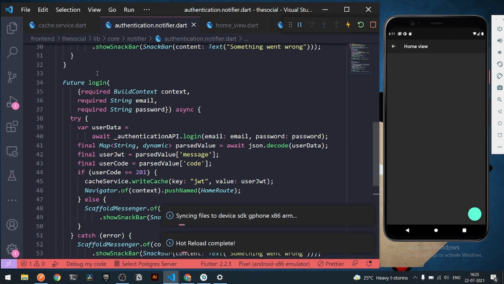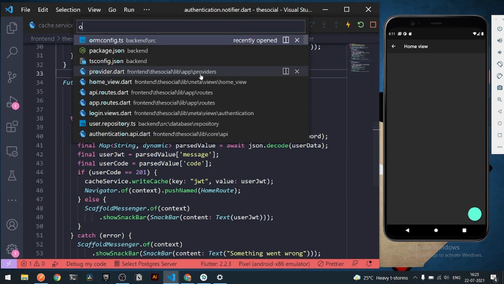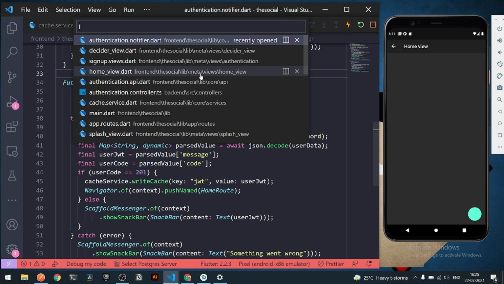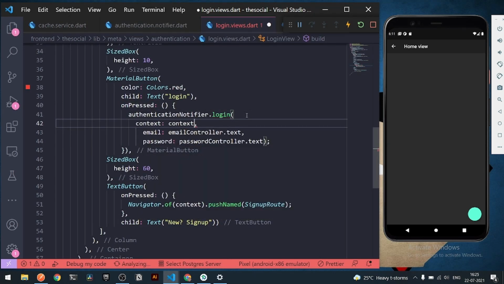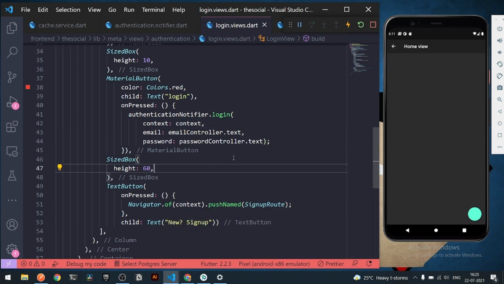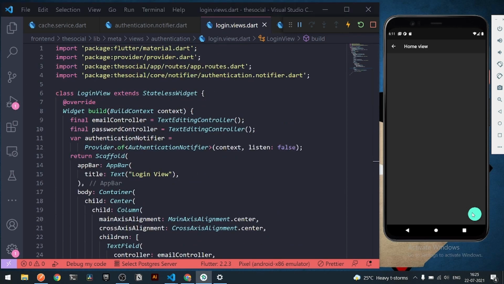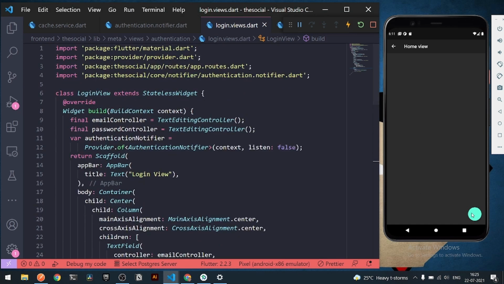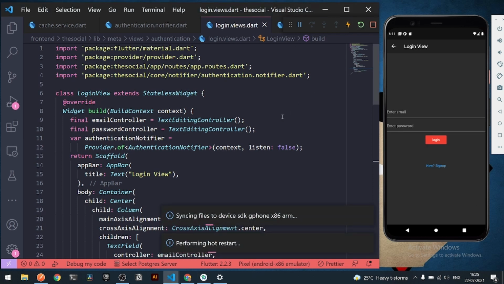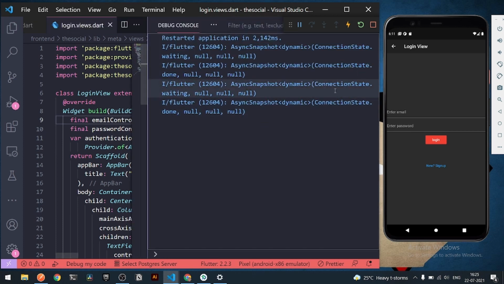So what I can do is go to the login view first, and here I can add the following context, where I can say context for a context. So this will be our entire use case. Let's try to log out, and if I hot restart my entire application once and check my debug console, you can see the snapshot is null, and that's why we are getting navigated to our login view.